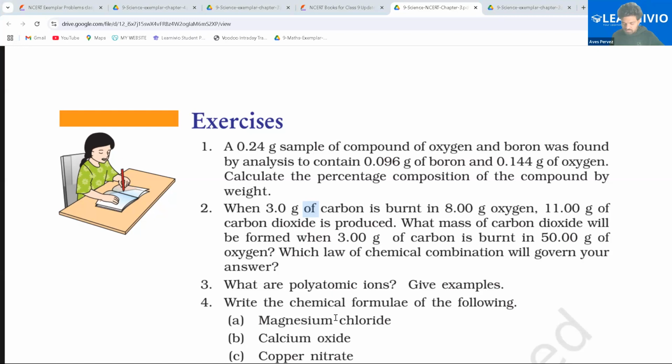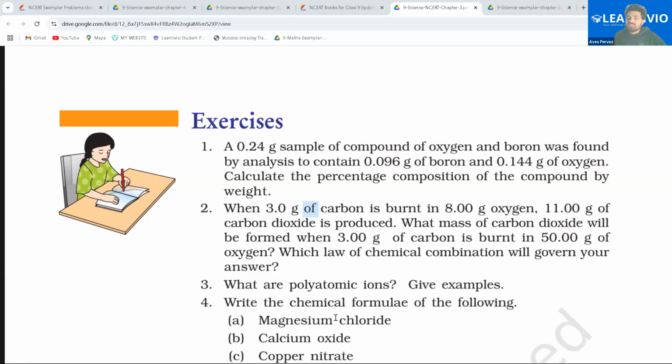So can you just explain the question for the first one? Getting stuck in this one. Yes, sir. Just a minute. We have 0.24 grams of sample of compounds of oxygen and boron was found to analyze. हमारे पास टोटल 0.24 ग्राम्स ऑफ सैंपल है जिसमें ऑक्सीजन और बोरोन ही है सिर्फ और एनालिसिस ने फाइंड किया कि उसके अंदर 0.096 ग्राम्स बोरोन है और इतने ग्राम्स में कैलकुलेट द परसेंटेज ऑफ द कंपोजिशन ऑफ द कंपाउंड बाय वेट परसेंटेज क्या होगी,